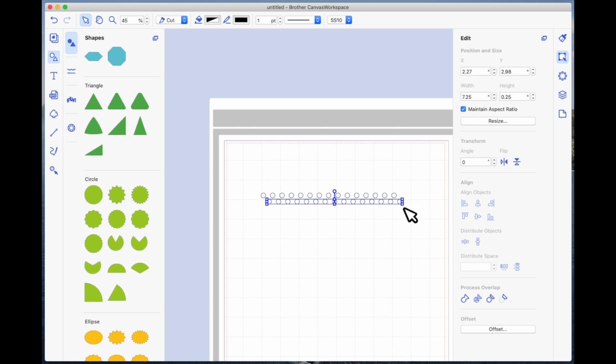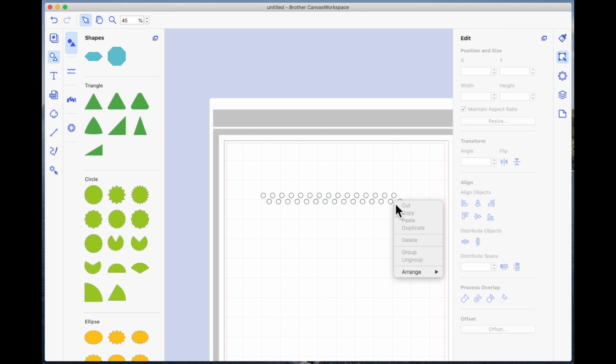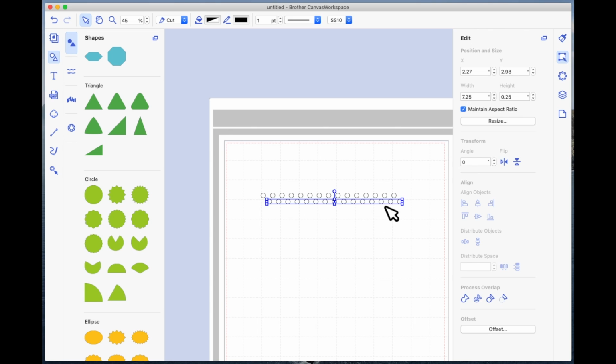I'm going to ungroup this second row, click anywhere on the page to deselect and get rid of that last one, and just hit the delete on my keyboard. So I've now got an odd number on the top and I've got an even number again spaced here. So I'm just going to select this second row, right click and group, and now